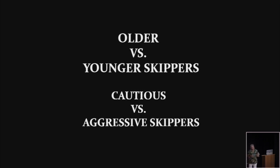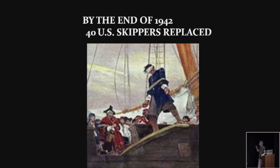And some of the older skippers actually asked to be relieved. I don't know if it had something to do with their age or whatever it was, but the stress of combat, the stress of trying to get in close to the enemy and sink ships and then failing really got to some of them. But by the end of 1942, 45 U.S. submarine skippers were replaced. And I don't have an answer to the question, but the question is, I wonder how many of them lost their command because of the torpedoes and not because of what they were doing or not doing. That's a question I've never been able to